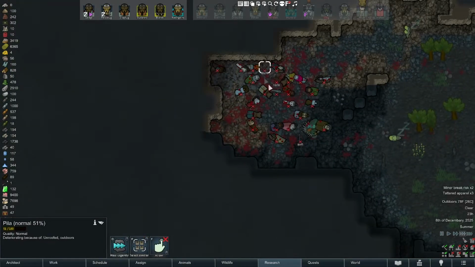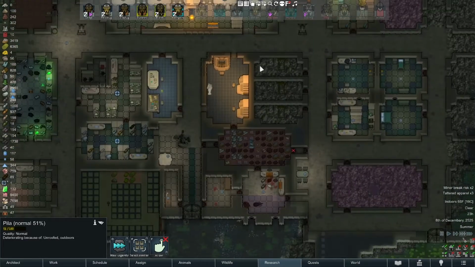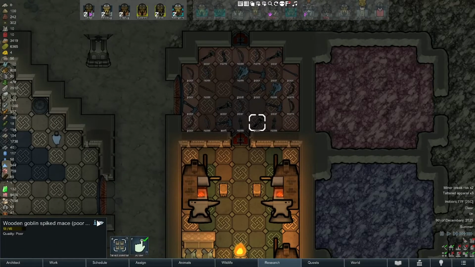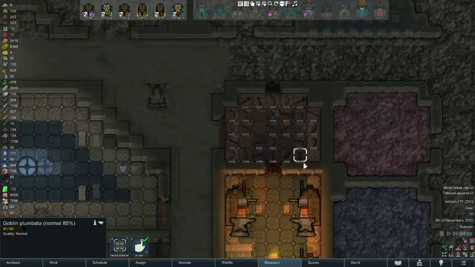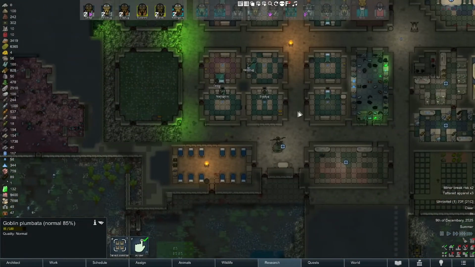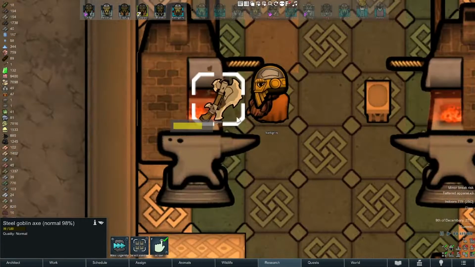These I'm just going to leave. They're mostly worn out. We have too much crap in storage already. But most of this stuff, hopefully this is smeltable. Wooden goblin spiked mace. If not, we'll just destroy it. It's worth 48 bucks, which means when you sell it, you get frack all. That must be some kind of throwing spear. I'm not sure. Plumbata. No, we are actively getting smelting done, so